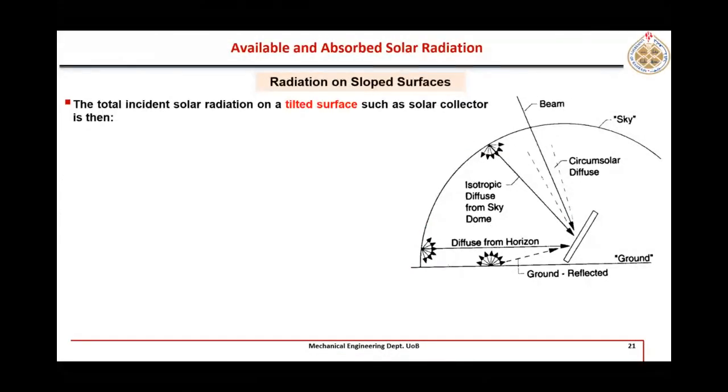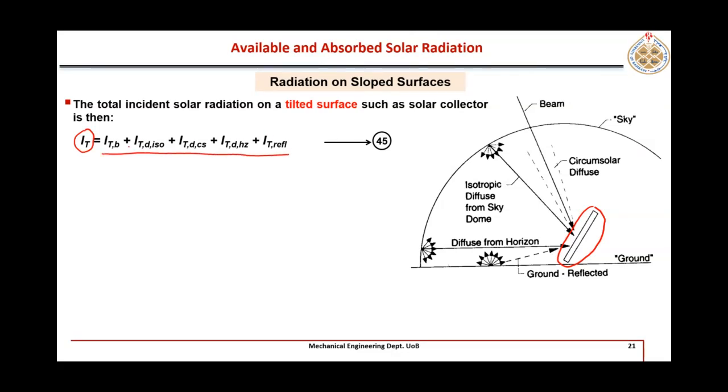Right, so now here we can write the equation of total solar radiation which is falling on a tilted surface. It consists of these five parts. This is beam radiation falling on a tilted surface. Here T is for tilted. This one is beam radiation. Second is